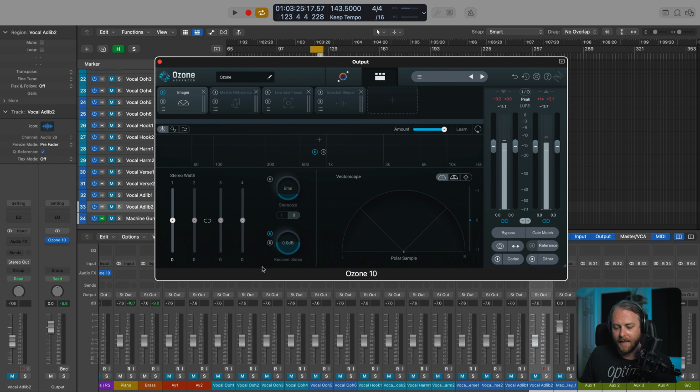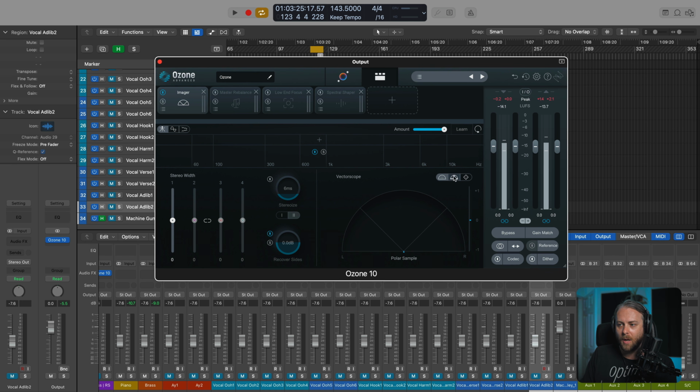what it does is even after you've monoed something, it restores side information to that signal, which can be really helpful for people who want to maintain, let's say, a really nice wide stereo bass, which sounds kind of weird, but stereo bass is really awesome. When you mono it, a lot of that energy disappears and you can restore it and recover it with recover sides. So let's first just talk about what we're seeing here.